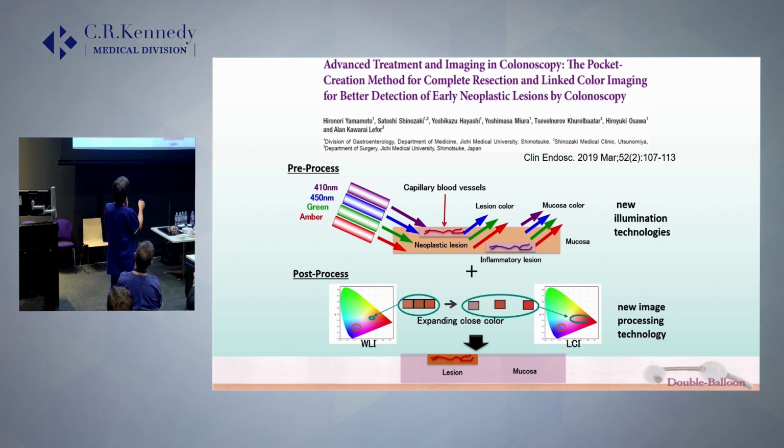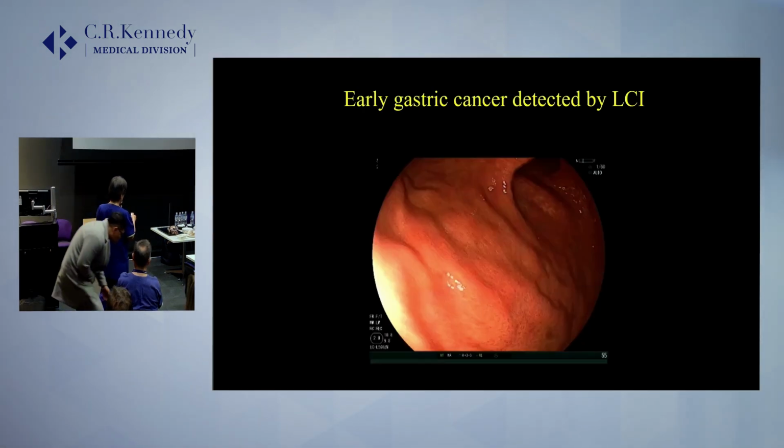So the hemoglobin absorbed this light, but in the surrounding area, the vessels are deeper, so this violet light does not reach there. So it comes back. So by that difference, we can make the difference between